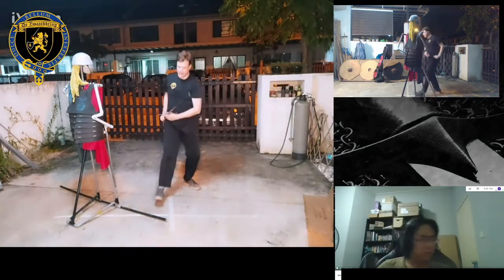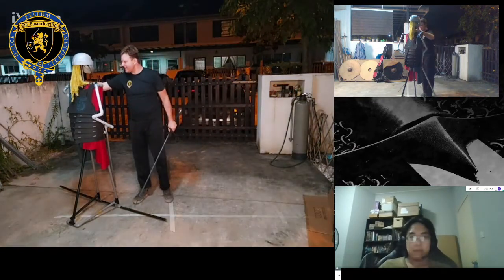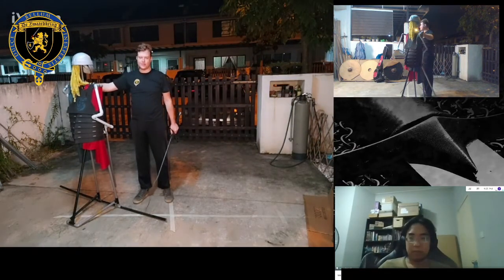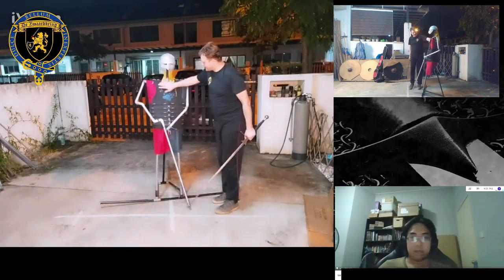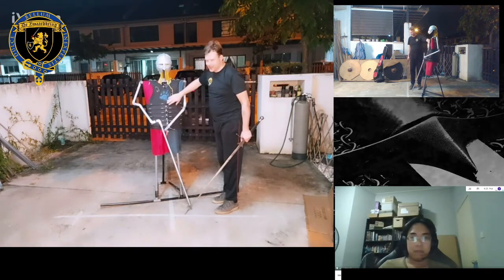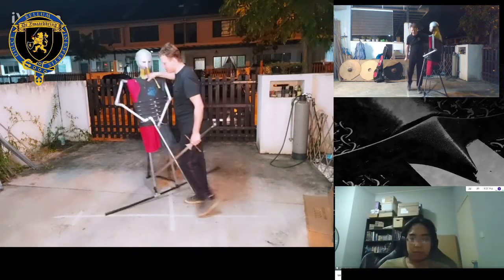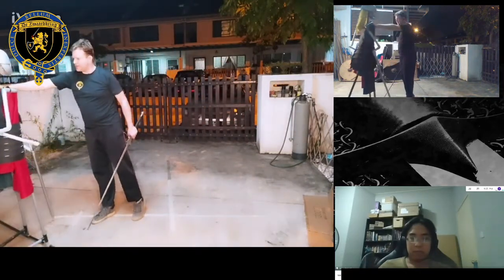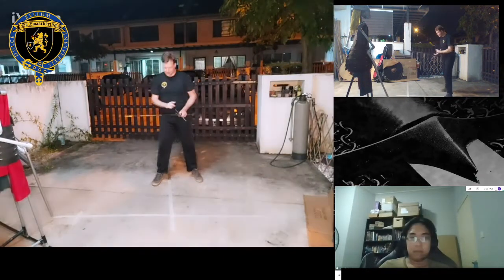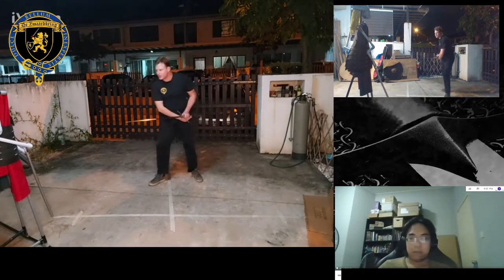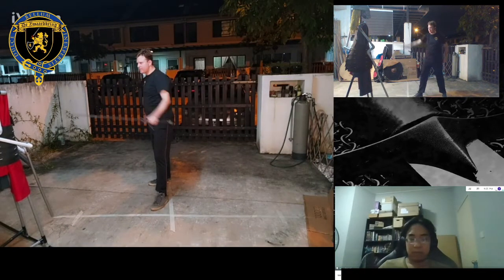Now, Ash here has a very nice example of why we should be thrusting forward. Because if you have a look, Ash here is wearing a facsimile of some sort of armor based on the Lorica segmentata of the Romans. But the concept remains the same, that each armor has weak spots. So when I thrust, I want to thrust over the right side. And when you observe what happens, I can hit him directly in the armpit.